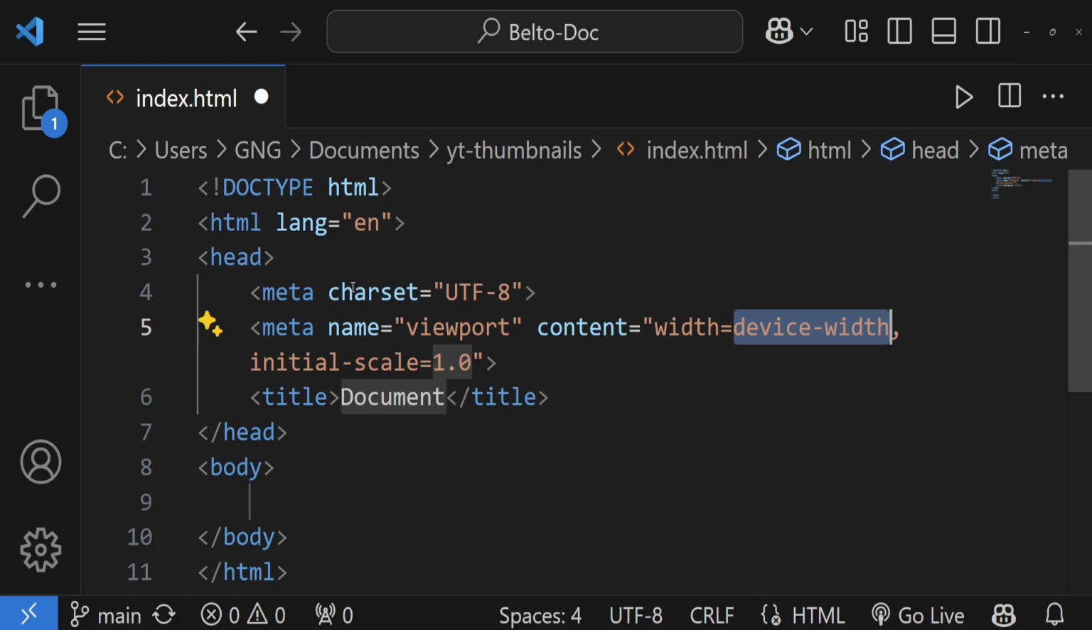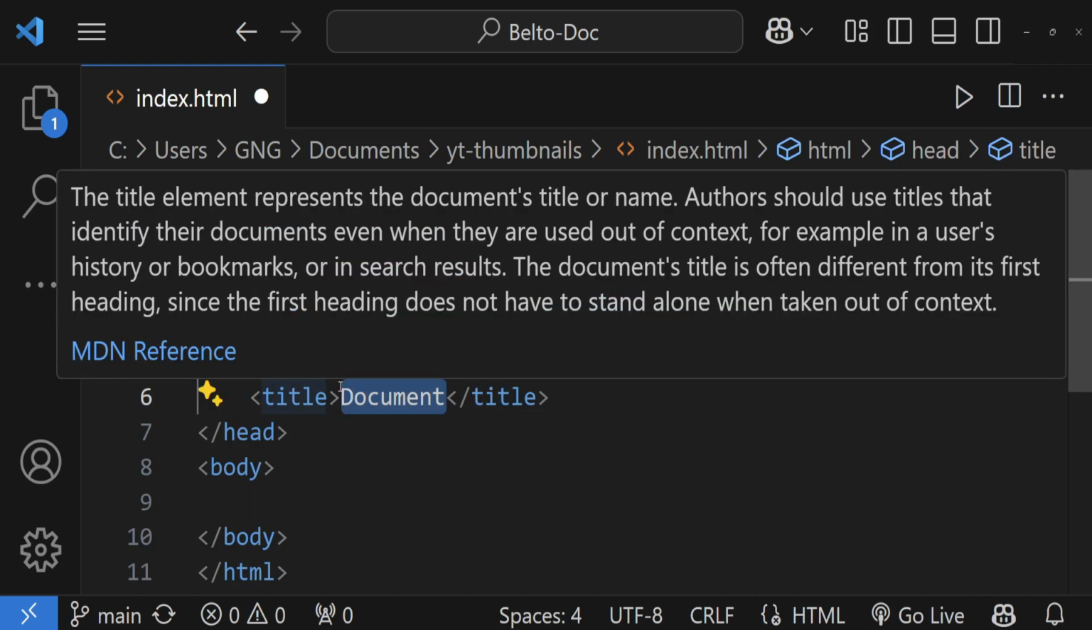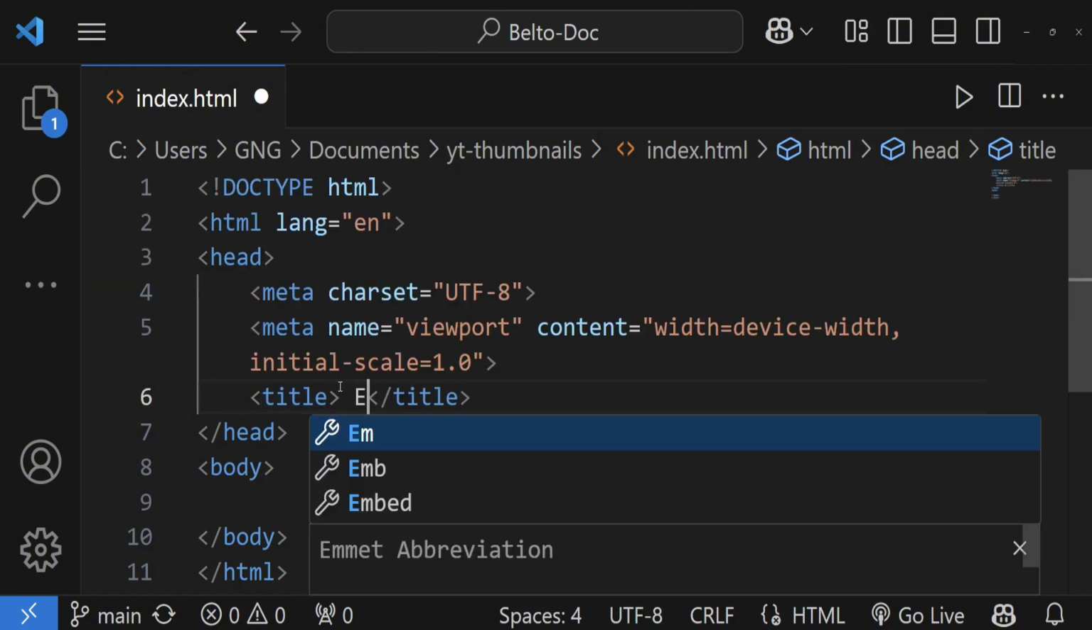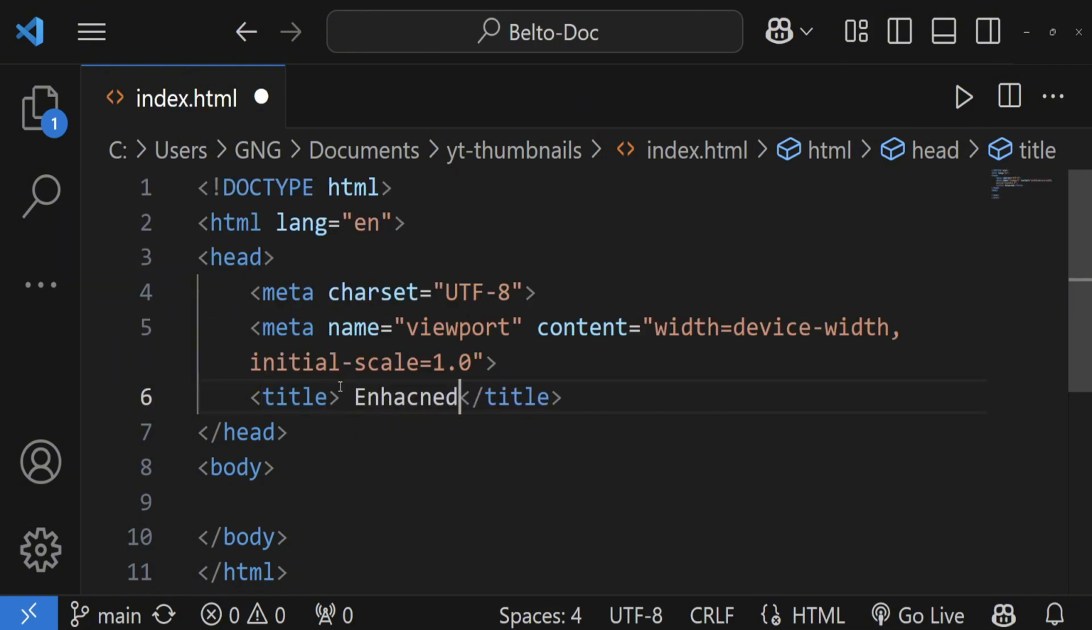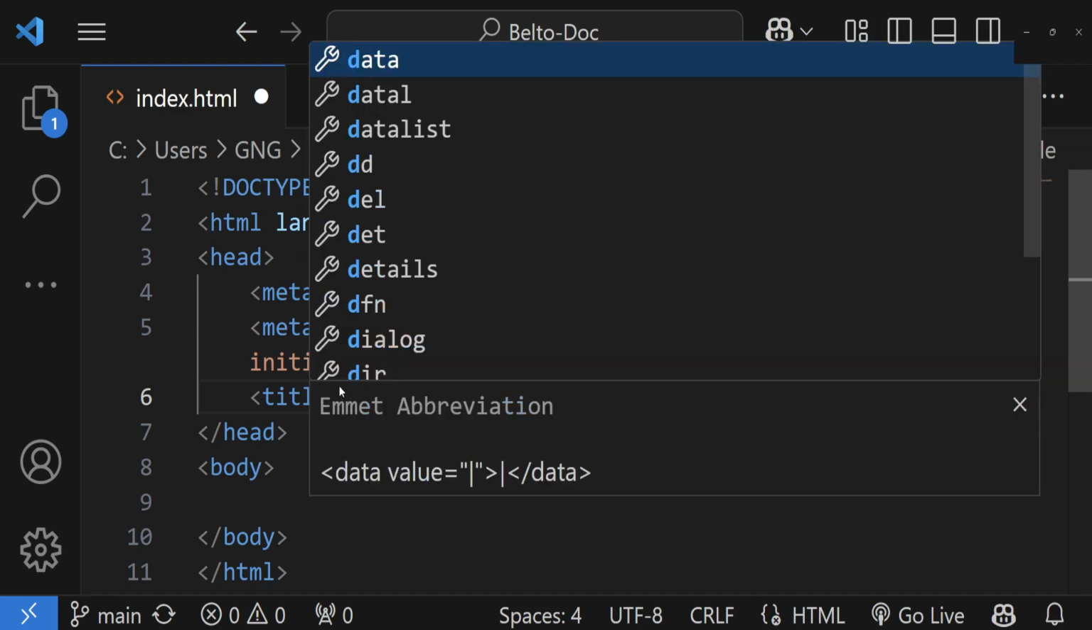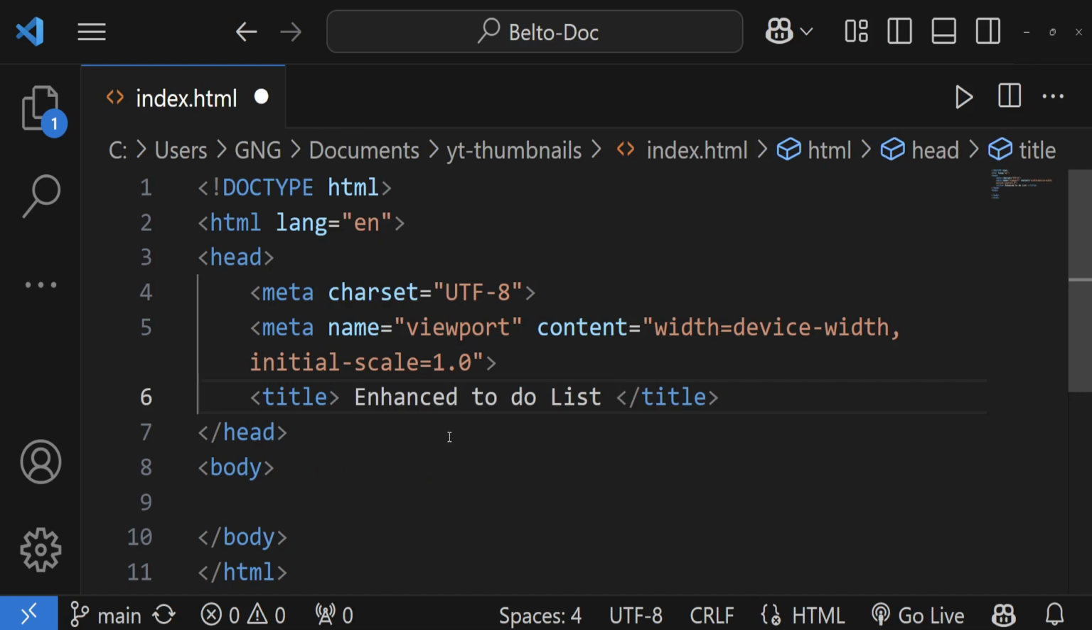We make our boilerplate, and over here in the title we can change the title. I could say enhanced to-do list. So this is an enhanced to-do list. Inside the body, I'm going to be, no,